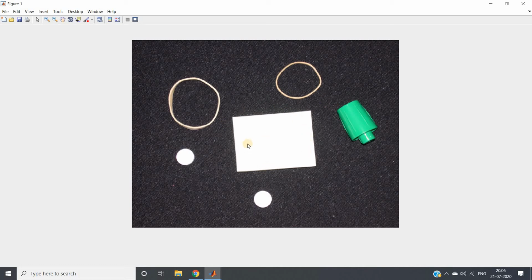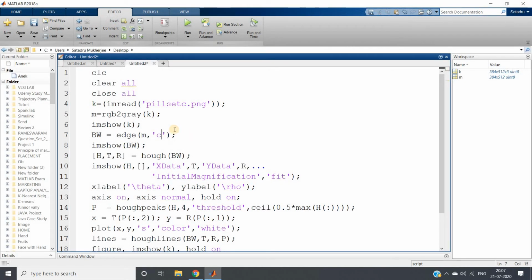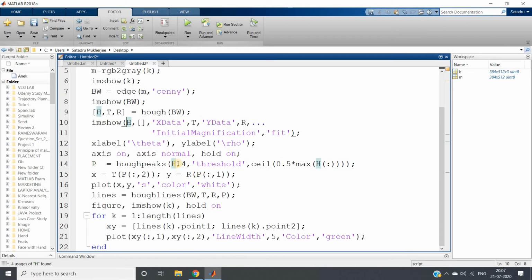What I can do is simply apply the Hough transformation and take a maximum of 4 peaks, because a square has 4 directions, 4 lines are required to form a square. So I will take simply 4 peaks. But the problem is that suppose I am using Canny edge detection like earlier. If I run the whole code with this modification only, the number of peaks I have taken is 4, and the threshold value I have set to 0.5 times the maximum of my Hough matrix. The rest remains as it is.